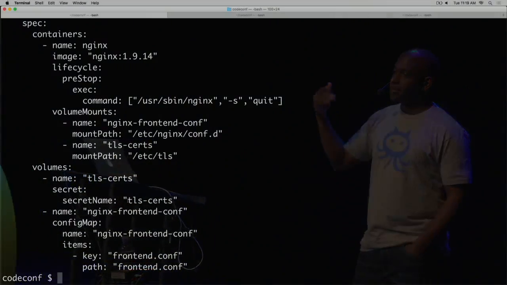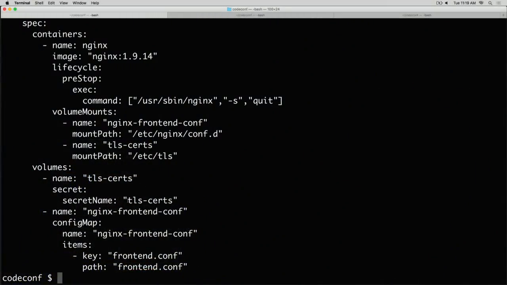Nginx doesn't understand environment variables for config. So I need to actually have these things somewhere on a file system. Now, there's no need to write them to a local file system on the host. That's not important. Only the application needs to see these configs and secrets. So we can use a tmpfs, right? A file system that only lives in memory, and then we'll inject it into the running application. So let's do that now.